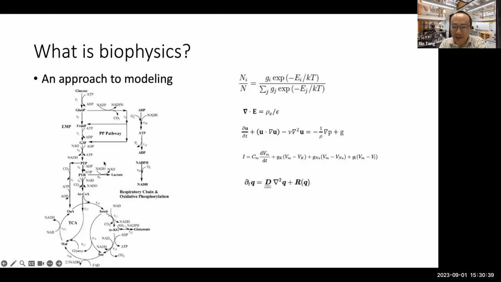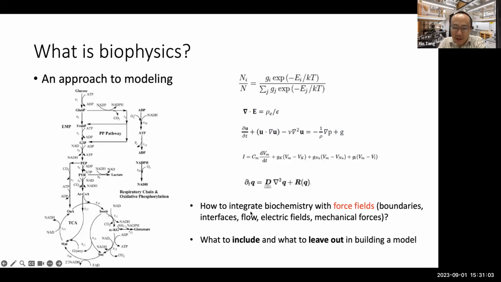Those equations, we can verify them using the imaging tools in the experiment to prove this is true, and also use those equations to predict new phenomena that have not happened in the experiment, but will happen during certain circumstances. So in this biophysics field, it is very significant, very useful to understand how to integrate biochemistry